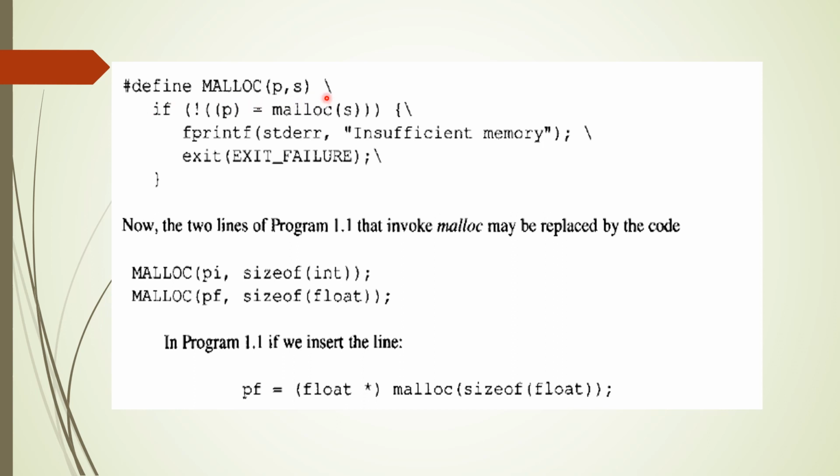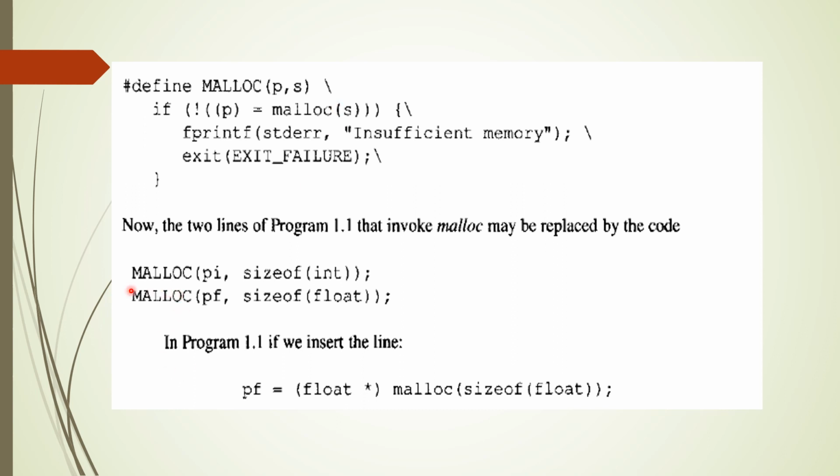A macro definition, or the instructions of the macro, should be in a single line. That's why I have used the escaping character here. If I use the escaping character, the compiler thinks that this entire thing is in a single line. So even if you write the instructions in multiple lines, during the execution the compiler thinks that everything is in a single line. This is called an escaping character. That means this escapes the newline character.